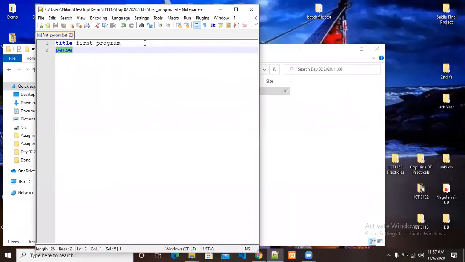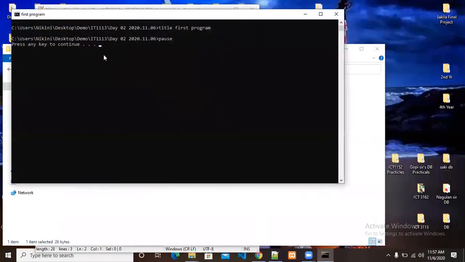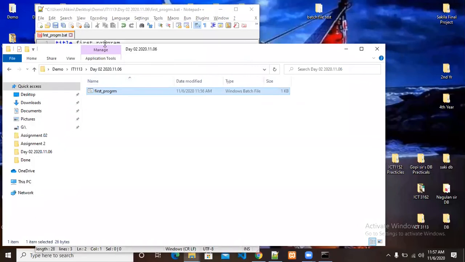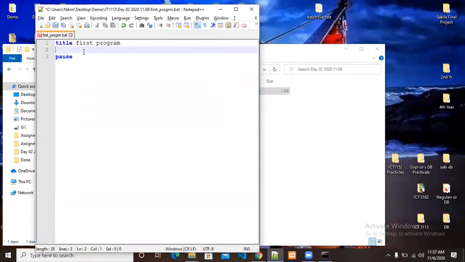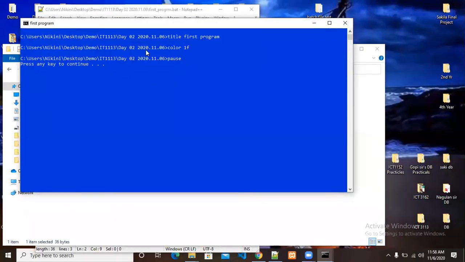So now we can give that. You saw that the command prompt's color is just black, the usual one, and here it has the origin birthplace. And if you press the enter button, any key, it will be executed. So we can change that command prompt's color, the same way using DOS commands. It is just color. You can put any color. Now the command prompt color is turned to blue.